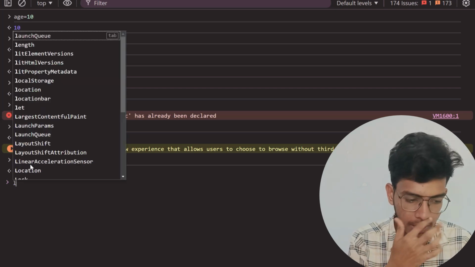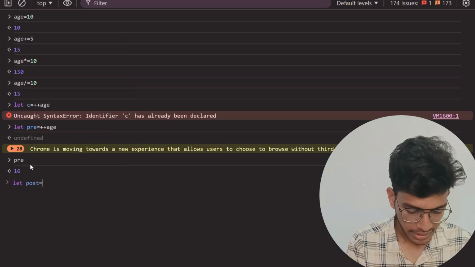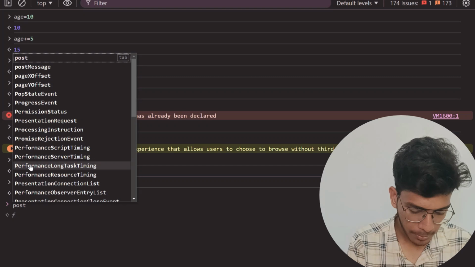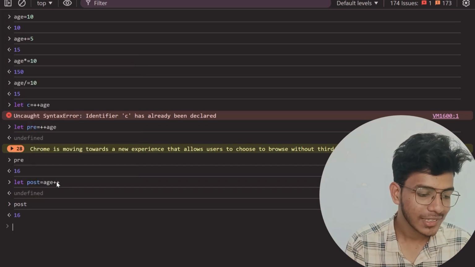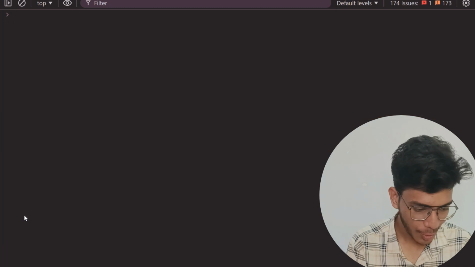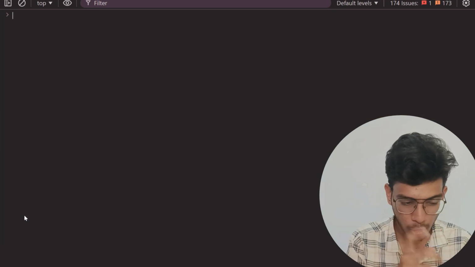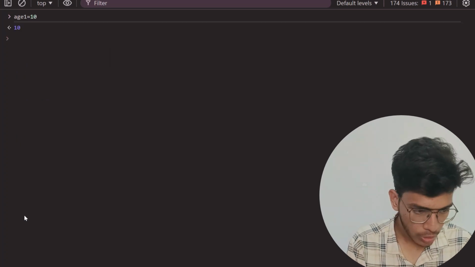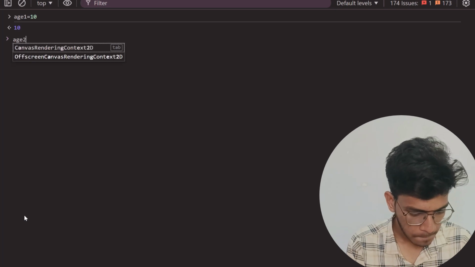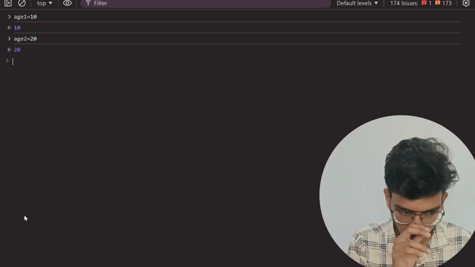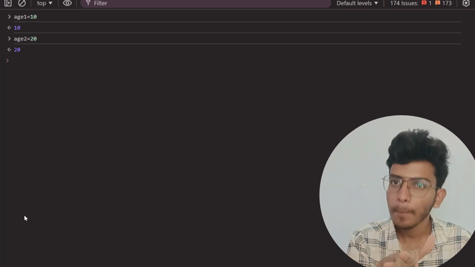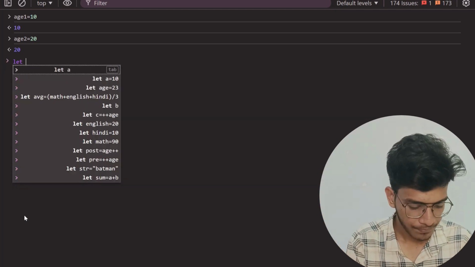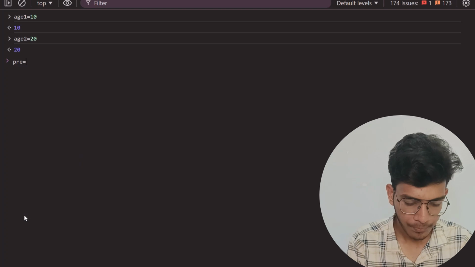Now if I give let post is equals to age plus plus, and let me print the value of h. Here you can see that let me show you the difference between pre-increment and post-increment in a very clear sense. Let's say I am giving h1 is equals to 10, and h2 is equals to 20. Now what I am going to do is perform pre-increment on h1 and post-increment on h2. So here I will give let pre is equals to